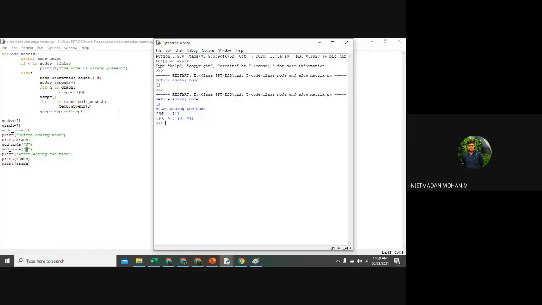Yes, sir. So for now, why we are using this temporary function is, after completion of this first node, it again replaces that particular value inside the same node. So for that purpose, we are again creating an empty list and appending a function one by one, and after that it was appended to the graph. So after that is appended to the graph, we will get this particular result. Clear? When you are adding the edge, you can identify it easily and get a clear idea about that.